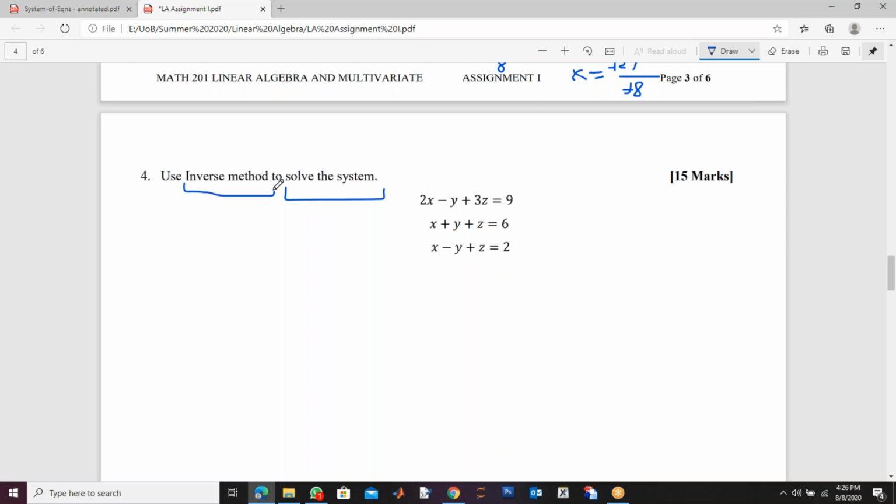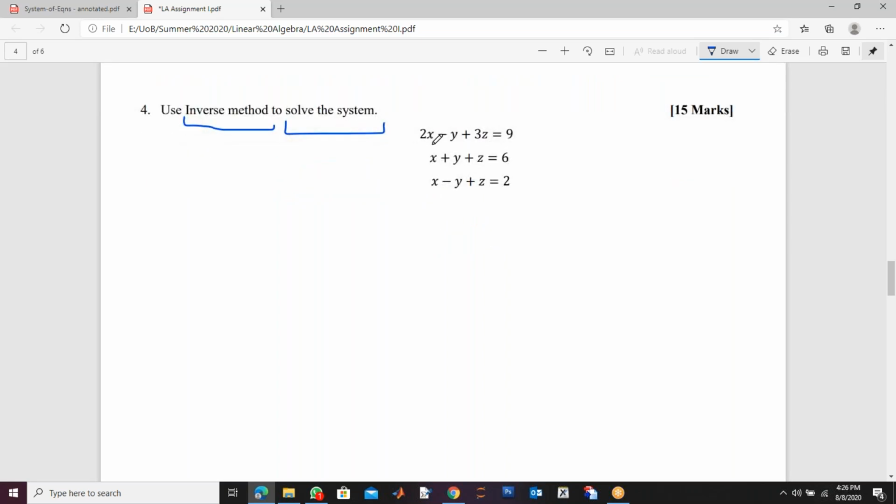So, let me tell you why we get this equation AX equal to B. At the end of the video today, I mentioned that you can write your system of linear equations as this, where A is the coefficient matrix, X is the matrix of variables x, y, z, and B is the right hand side. Okay, if you get this, then X is nothing but A inverse B. You can multiply A inverse from the left, and A will become A inverse on the other side, A minus 1 into B. Okay, this is the solution.